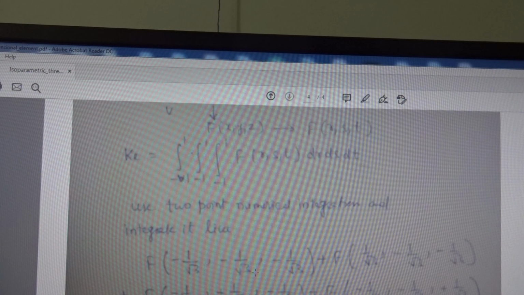When you use the 2-point Gauss integration method, the total number of points becomes 8. This is the coordinate of integration point number 1, and this is another coordinate point. There are 8 integration points over which you have to integrate these functions. After integration you get the value of Ke. Here there are 8 Gauss points in total, also known as the integration points. After getting the element stiffness matrix, find the global matrix and evaluate the nodal displacements at the different nodes.